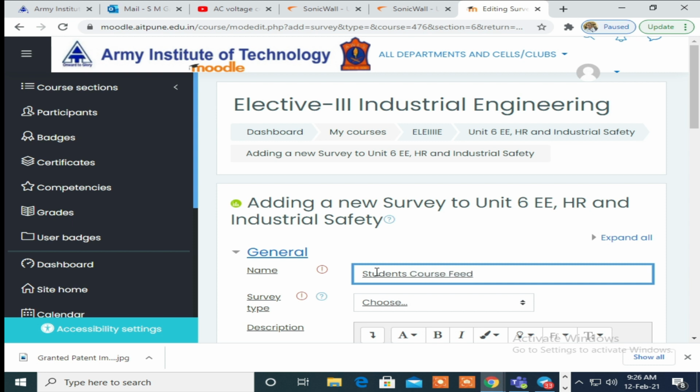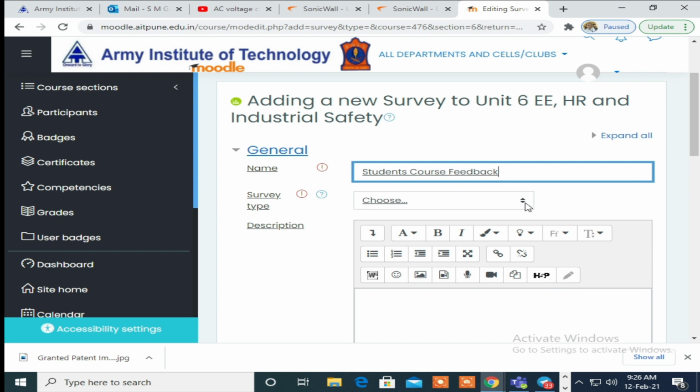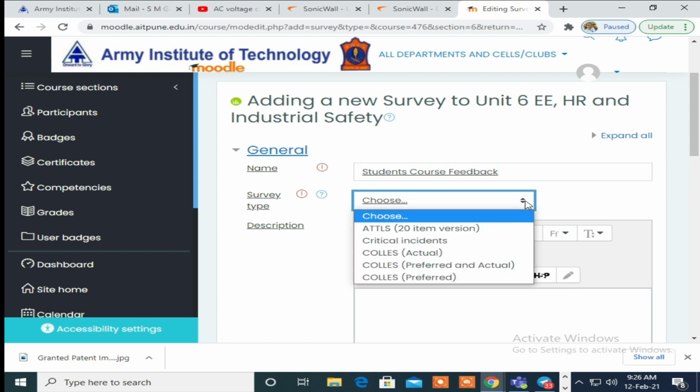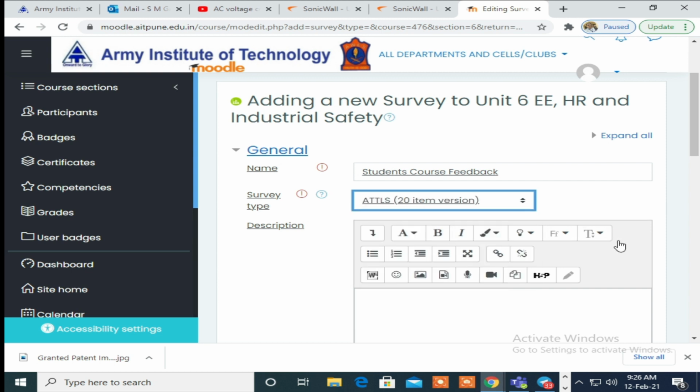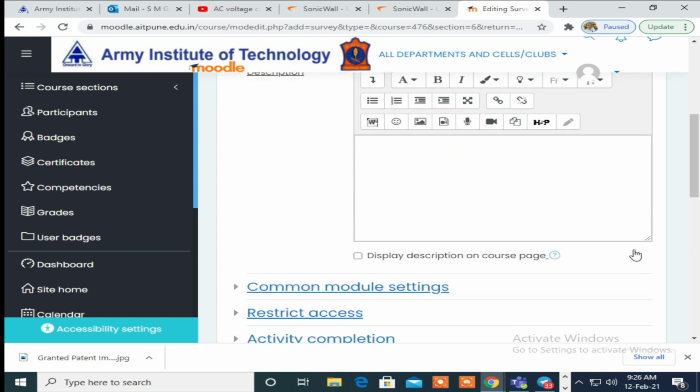Once you have written student course feedback, there are 4 to 5 survey types, so you can select as per your requirement. By default there are 5 types of surveys, so I am taking the first one, the 20 question one.